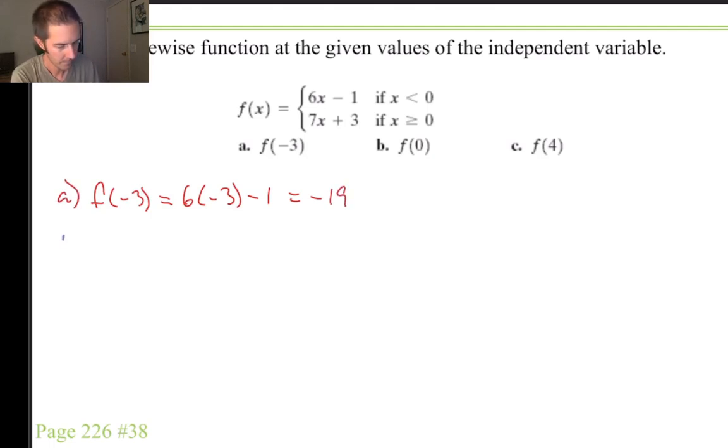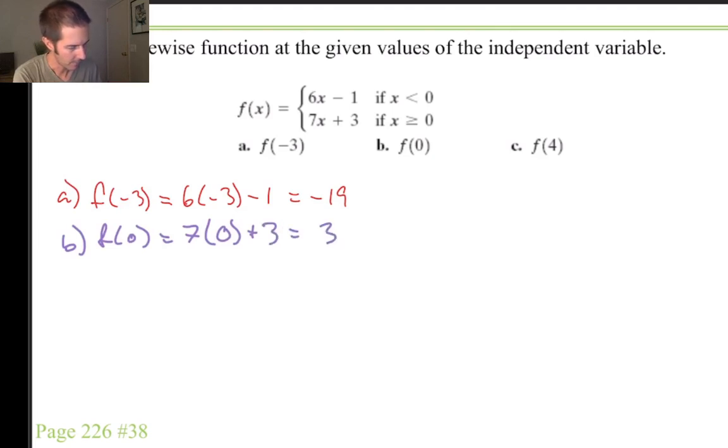Part B asks us to evaluate f of 0. 0 is greater than or equal to 0. So we'll use the second piece of the piecewise function, and we'll take the 0 and plug it in for x. Notice that I'm putting my input values in parentheses. It's a good habit. So good of a habit that I do it almost every time. All right, don't forget the plus 3 at the end of that, and we get a final answer of 3